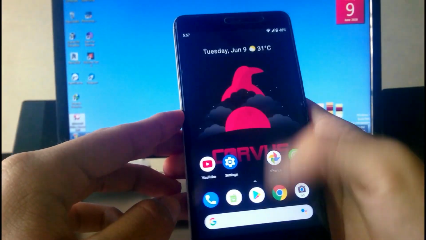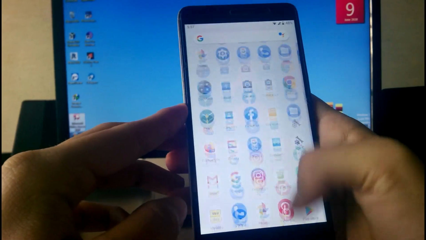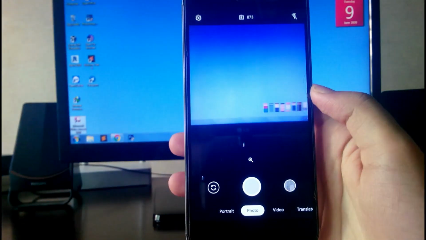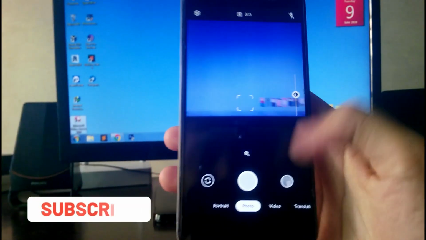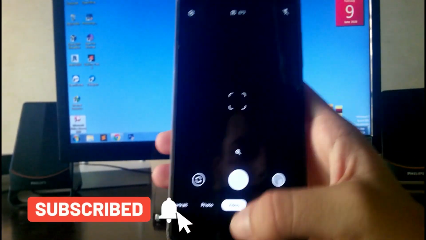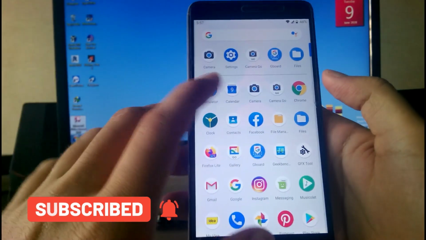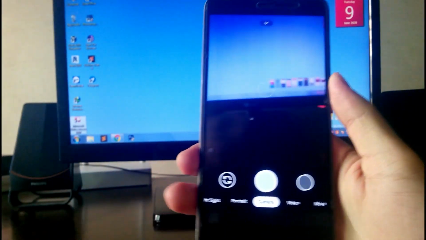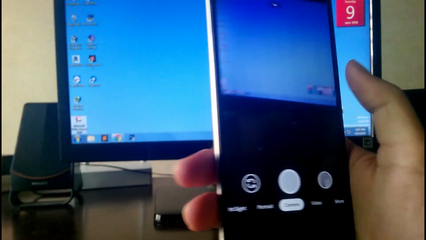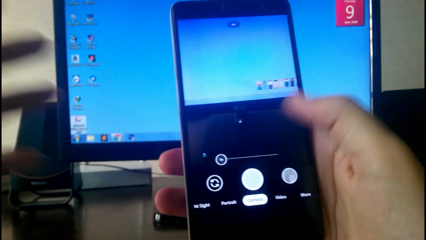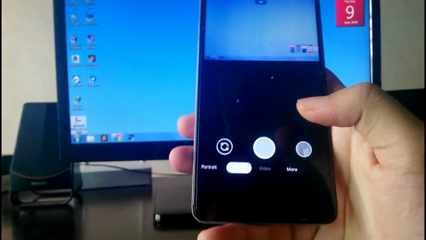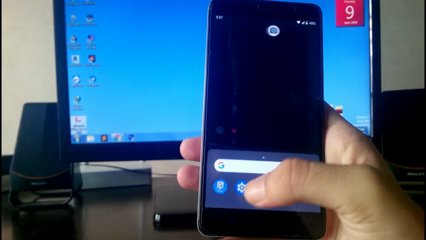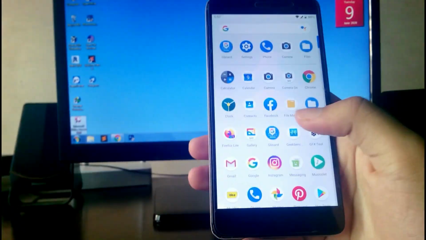Okay, then talking about other features, the camera here is the inbuilt one. This is the Google Camera Go version, which is working absolutely fine, no problems with that. Then this is the Google Camera version 7.3, which is also working absolutely fine, no problems with it. Video, portrait mode, night sight, everything is working fine, and I have made a detailed video on this Google Camera version 7.3. Go check it out, link is in the description below.